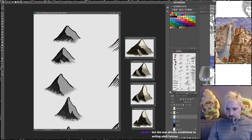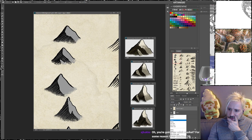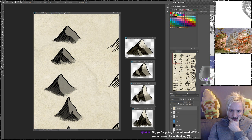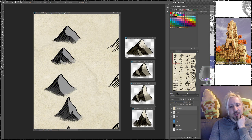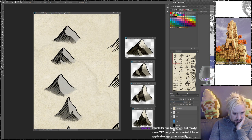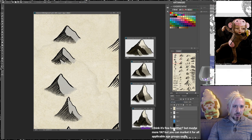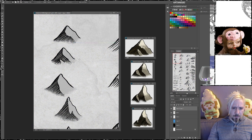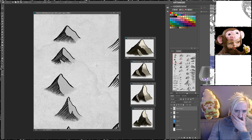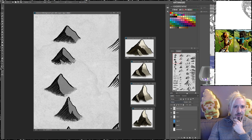Oh, let's see. Before I do this, let's also turn this bad boy on. Want to put some kind of subtle texture over it. Okay, one thing I need to do is desaturate this. That's a good start. I don't know why I can't get just that grain to be... I guess that's what multiply does. And if I turn up the brightness and contrast...